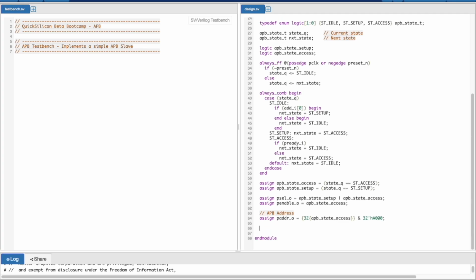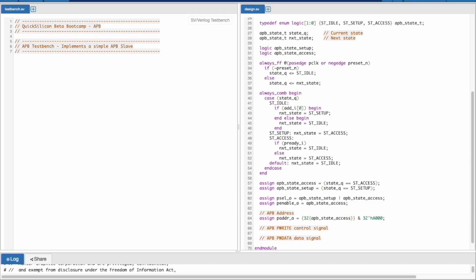Next thing is your APB PWrite control signal. So when should we assert our PWrite and when should we assert our PWrite data, and what should the PWrite data contain?